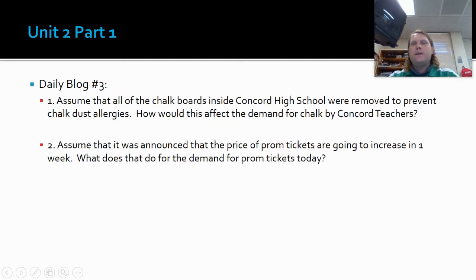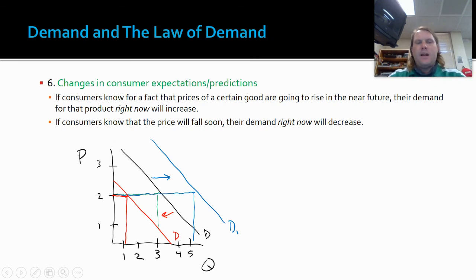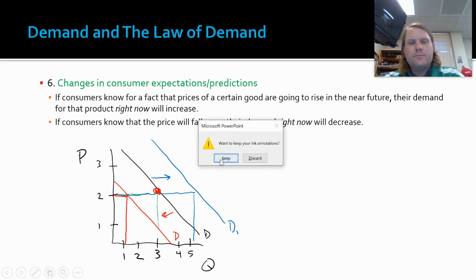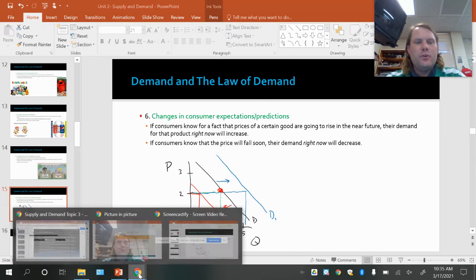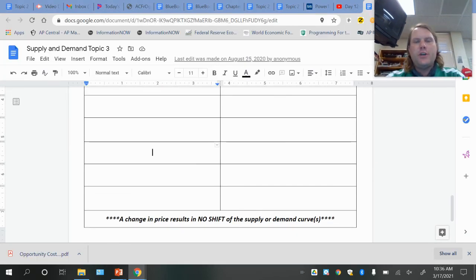Okay, the one thing that we didn't necessarily mention yet, and I want to be clear because it takes some practice, is that when there's just a change in price, when just the price changes, we don't shift our line. That is said very clearly on your notes. And the reason we don't do that is we simply know the law of demand to be true. So we know that when the price changes, we're not going to shift our curve for that particular product. McDonald's price goes up. I'm just going to buy less McDonald's. I haven't changed my opinion about McDonald's, but I know I'm going to buy less.